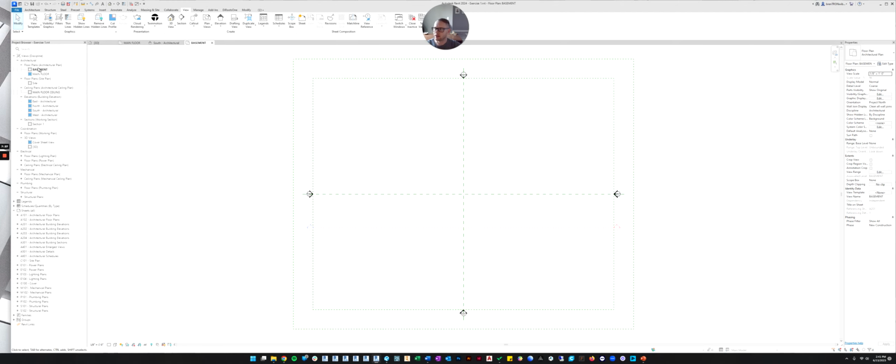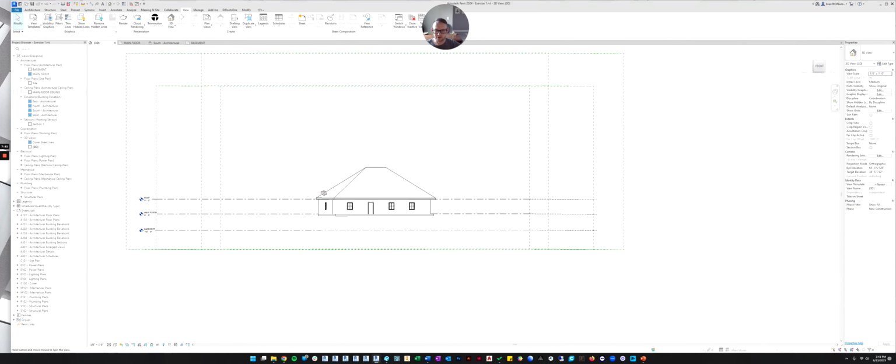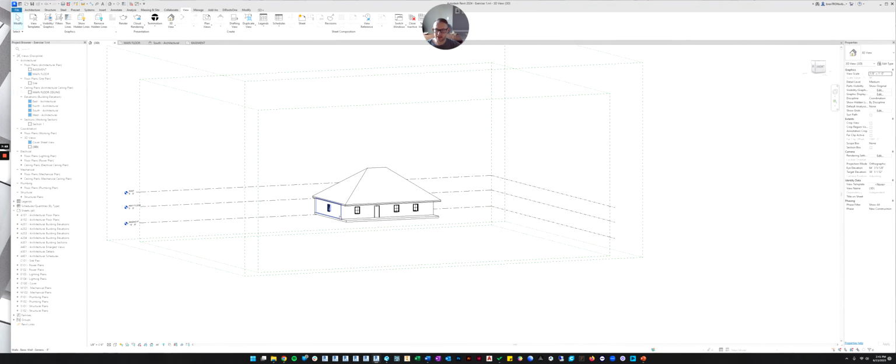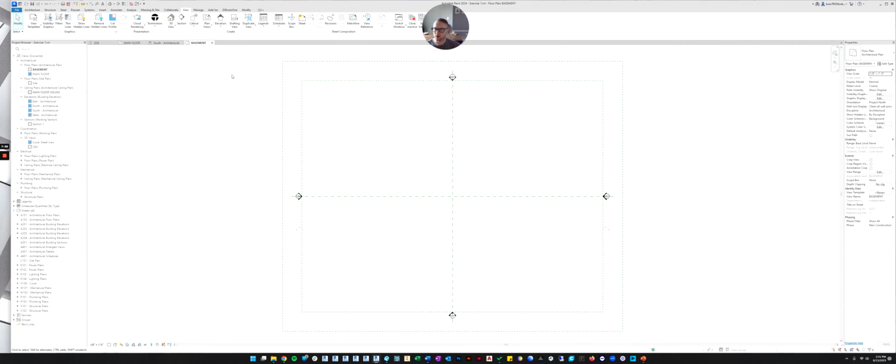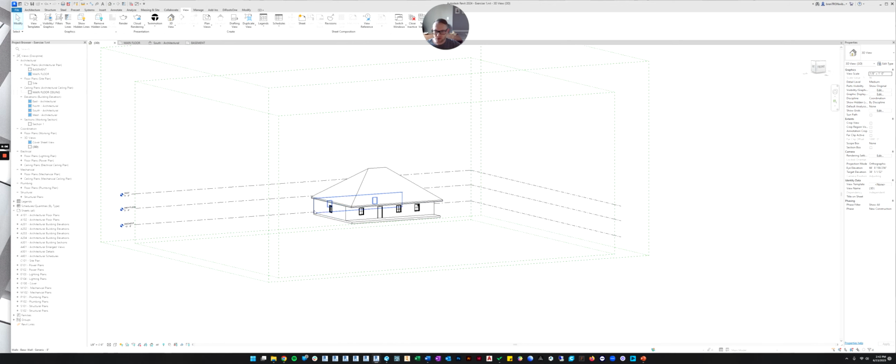So now if you look over here under floor plans, you now see there's a basement plan. And when we look at it, there's really nothing in it yet because if we look in 3D, there's nothing extending down below the main level. So when we go to the basement plan, there is nothing there yet. So let's fix that really quickly. Let's go into 3D. And let's select our outer walls.